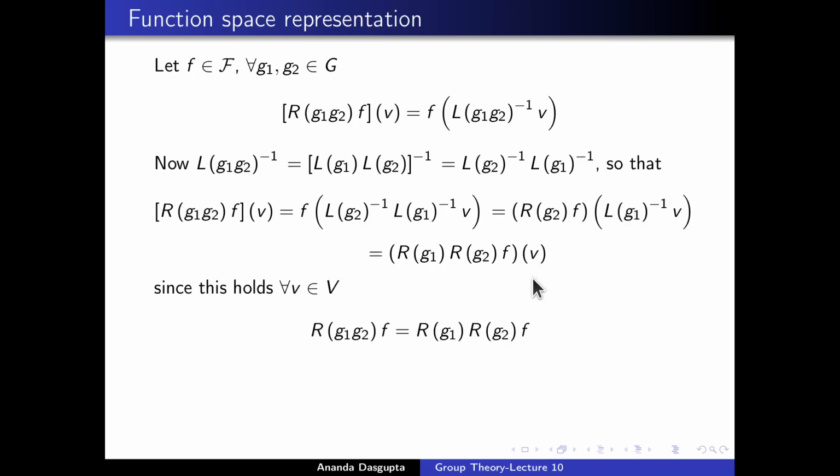And since this holds for all vectors V belonging to the vector space, then R(g1 g2) acting on an arbitrary function f is R(g1) R(g2) acting on f. And from it follows, again since small f is completely arbitrary, any function belonging to curly F, that R(g1 g2) has to be R(g1) times R(g2). That is, a map R which acts on small g to give you an operator acting on the function space has the necessary properties for a homomorphism, and therefore we do have a function space representation built out of this